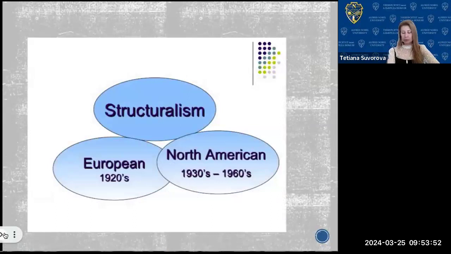So first structuralism, we can start speaking about as early as the 19th century, and now you will see the names that we should mention. But first of all, when we speak about structuralism, usually it is European and North American. By the way, North American structuralists deeply believed that they were the first. They knew nothing about European sciences, and that they have that long history backwards. They consider that Americans are, of course, the pioneers in everything and in sciences as well.